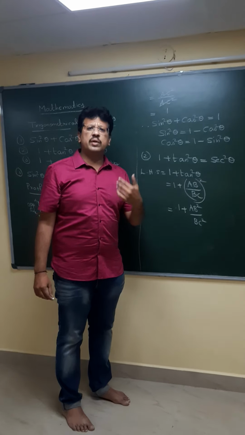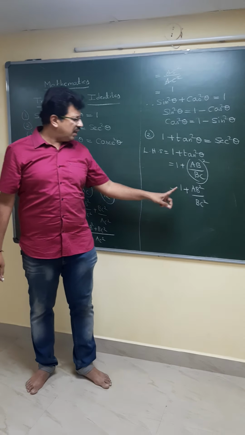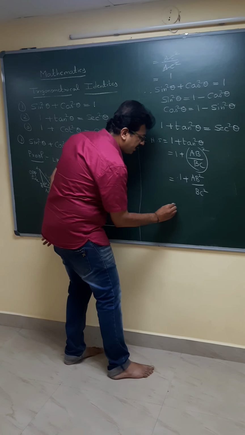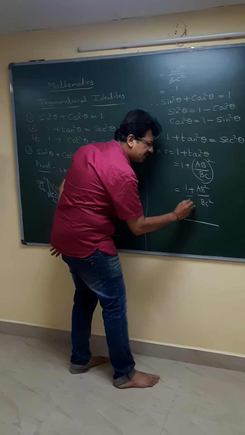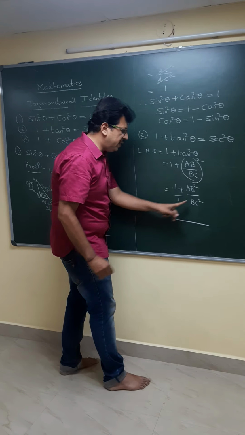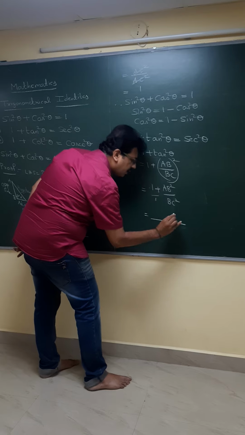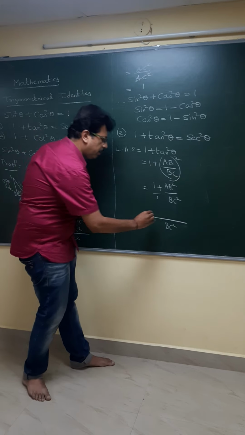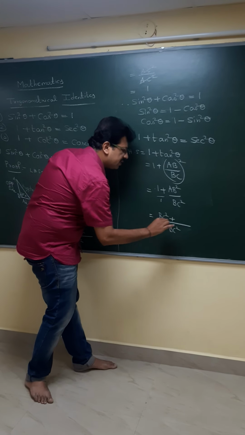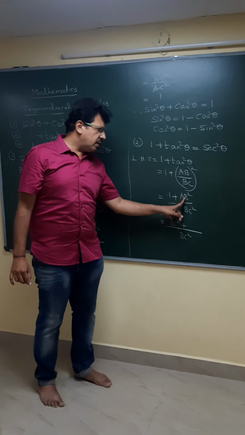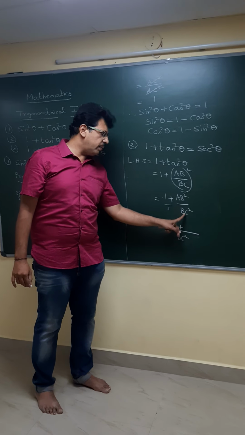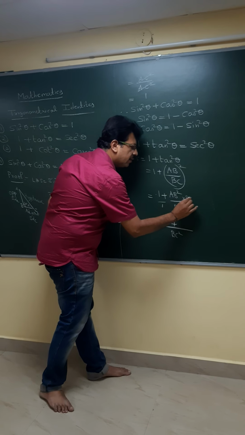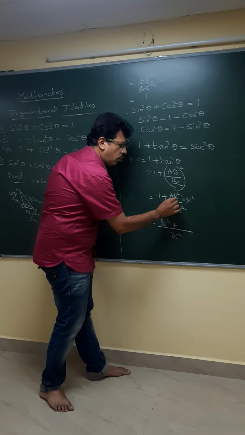Then after this, what is your next step? You should know very well, because whenever the plus sign is there, we need to take the LCM. So what is the LCM for this? If nothing is there, we should take it as 1. So BC square is going to be the LCM. So 1 into BC square is BC square. Plus, again, here, if you take the LCM, AB square by BC square is there. So what will be left here? AB square, because your LCM is BC square. So BC square will cancel.